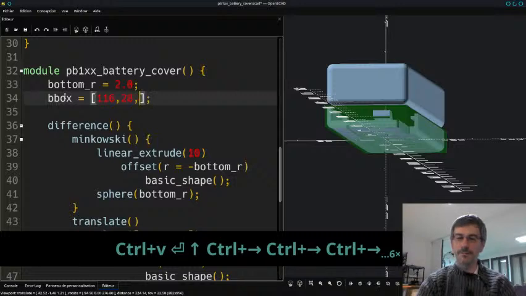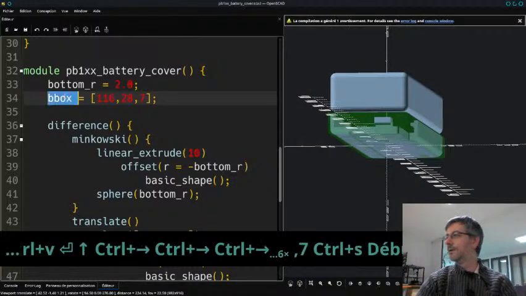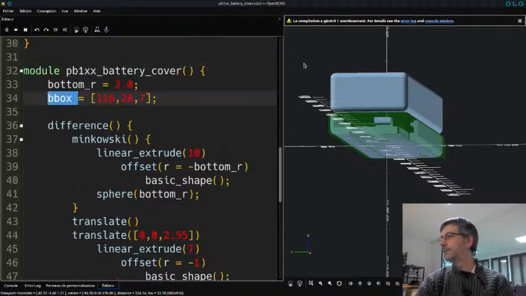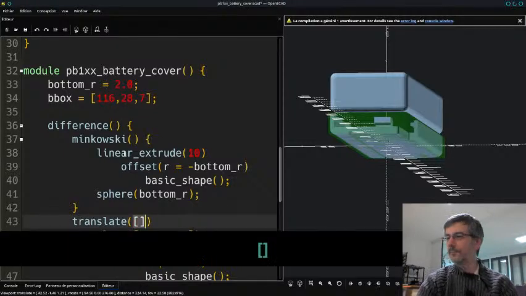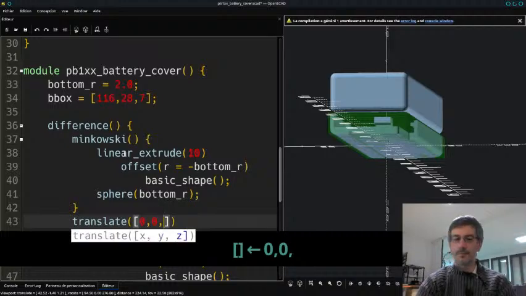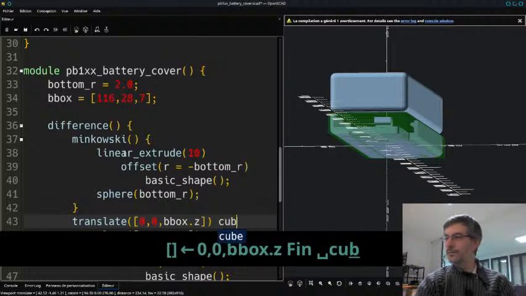I'll make the 3D version of the bounding box. Yeah, of course it's not happy because I started writing something and didn't pass any parameter to translate. So well, but that's okay. 0 0 bbox.z cube